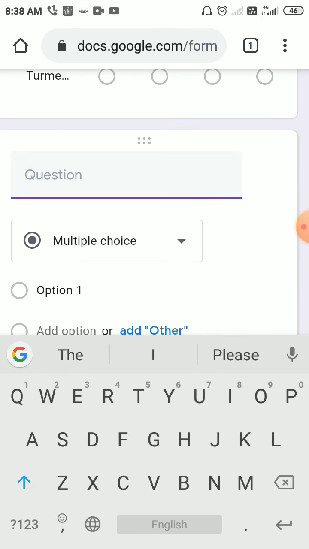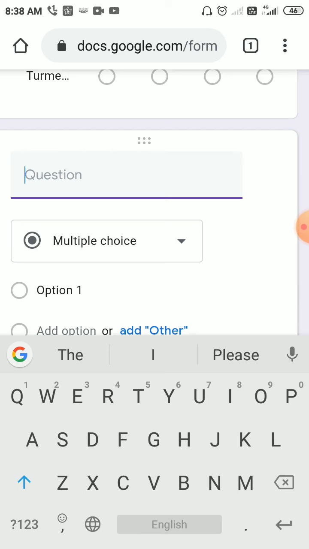In the third question, I want to enter a maths question, because a maths teacher always feels difficulty in how to enter mathematical tools, like if you are entering fractions, square roots, or any diagram like a triangle or quadrilateral, how to draw it. For that I would recommend, write your question in your own handwriting in a notebook, take a picture from the mobile and save that image in your mobile itself.